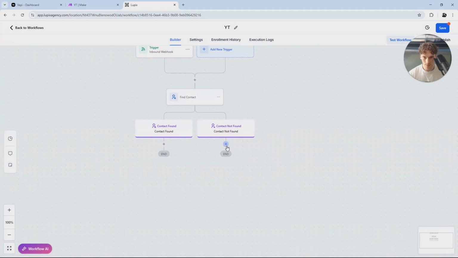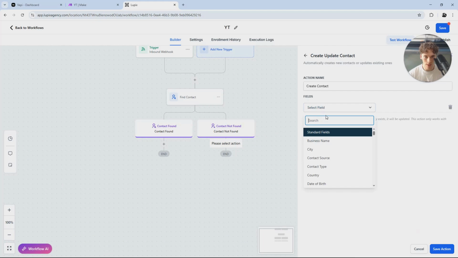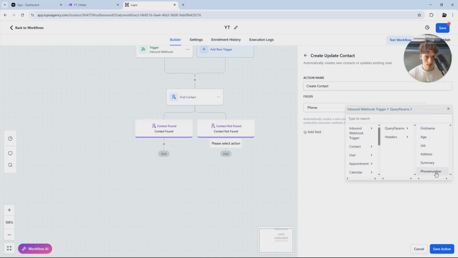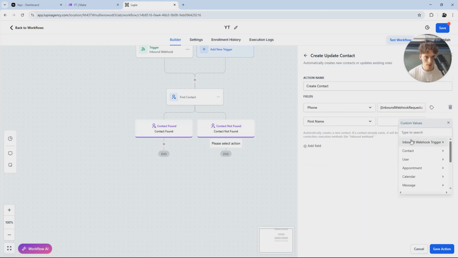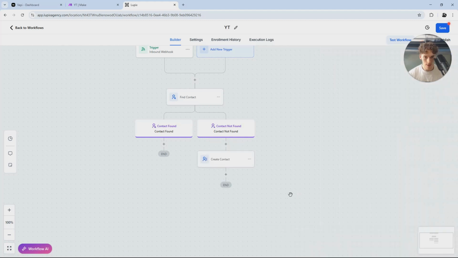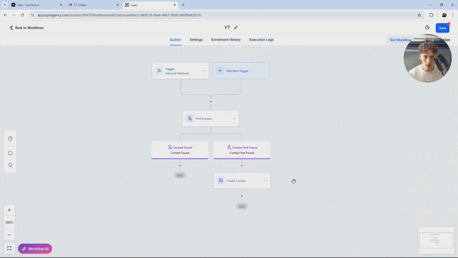So right here we are going to create a contact, because if there's no contact, we want to create a contact, otherwise you can send a email. Again, with the phone number, and also we're going to use the name, first name, like this, click save action,